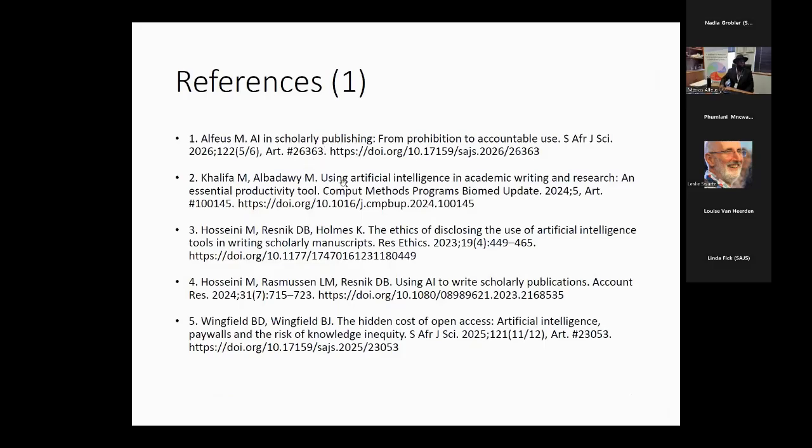And here is also a reference on academic use of artificial AI. And this is also the ethics on disclosing your AI tool, and also here using AI in scholarship publication. And this is a paper, a commentary by Wingfield on hidden costs. This is the big picture here again, say the inequality, the global south, and also articles that are not